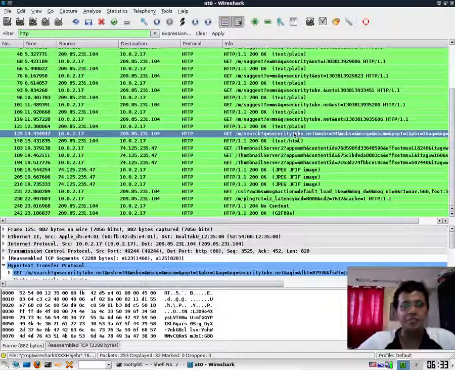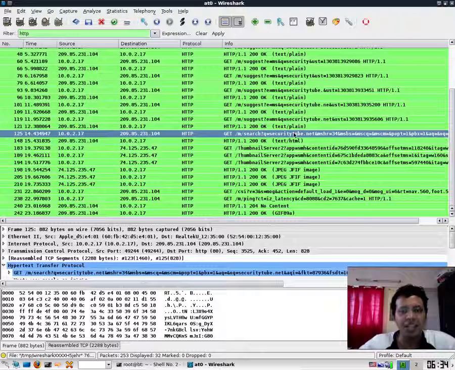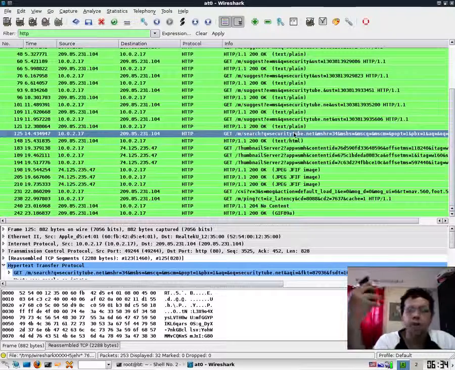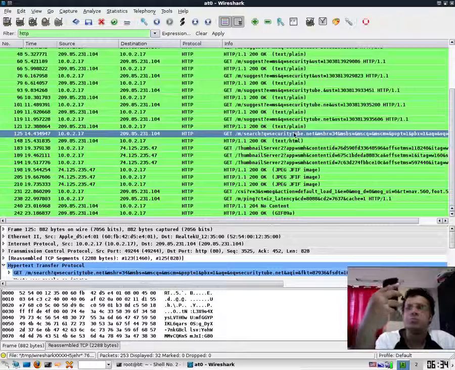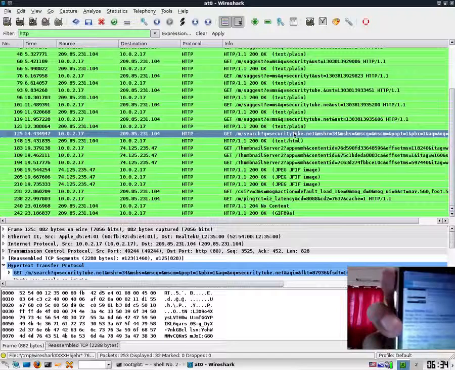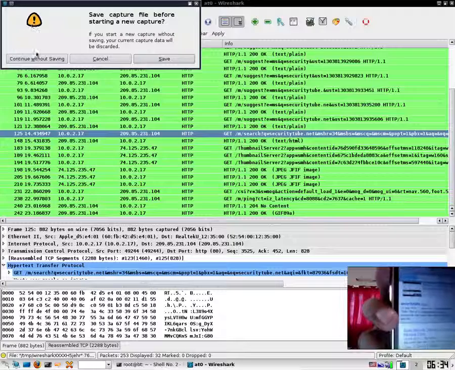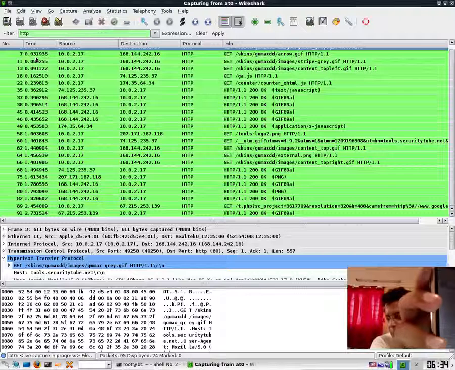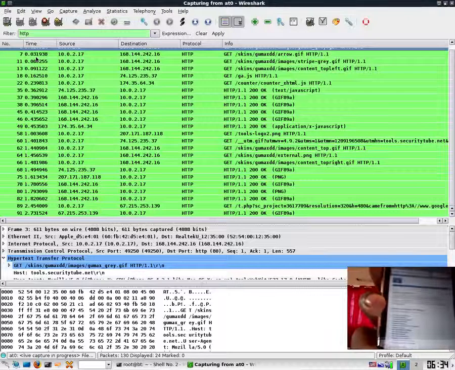Some of you may have tried this before, but MITM is like the holy grail of all attacks. And here is the beauty. As far as the phone is concerned, if the hack is done properly, it has no way of knowing something is wrong. Absolutely no way. Right? And you could just practically view anything over the phone, and it would just work transparently, as you would want it to. And I'm always thrilled. So right now I've clicked on one of the links for tools.securitytube.net. If we were actively sniffing, you would actually see a lot of packets coming and going for tools.securitytube, and now the tools page is open,